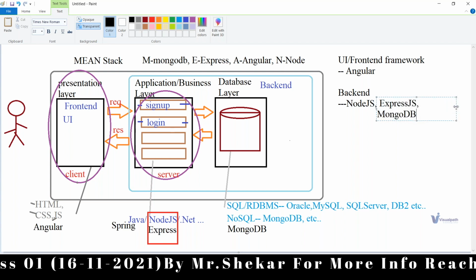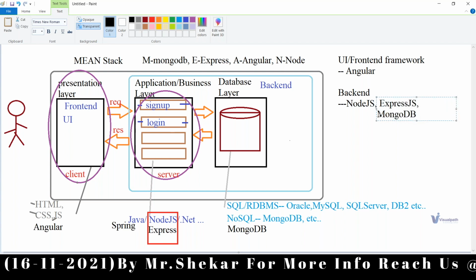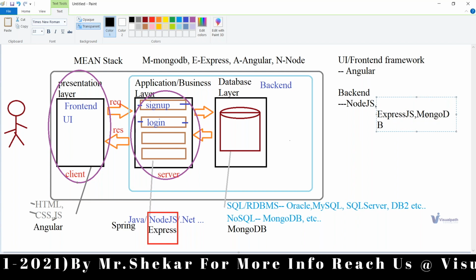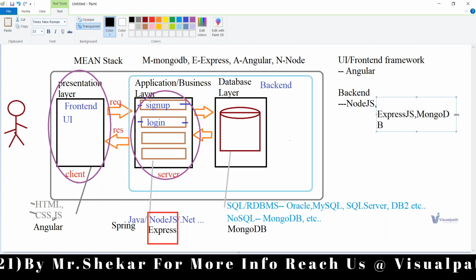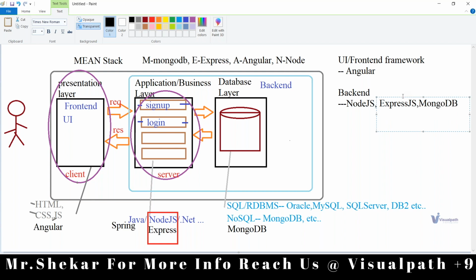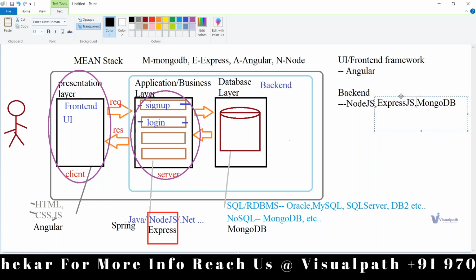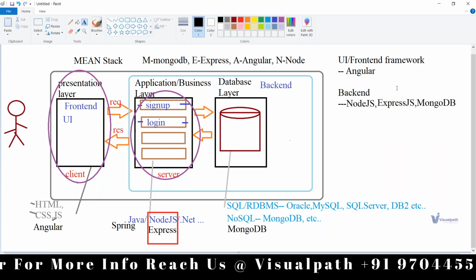So in the first phase, you will be learning Angular. Next, in the second phase, you will be learning Node, Express, and MongoDB.